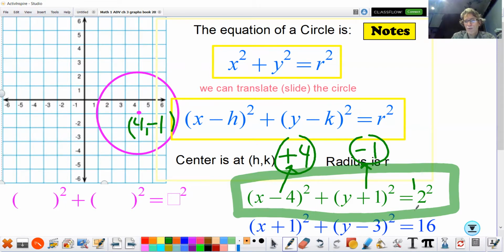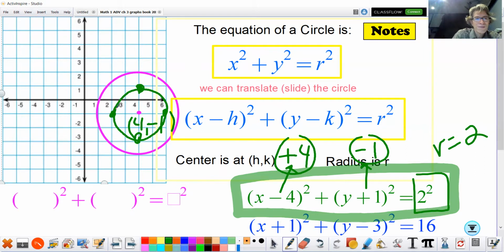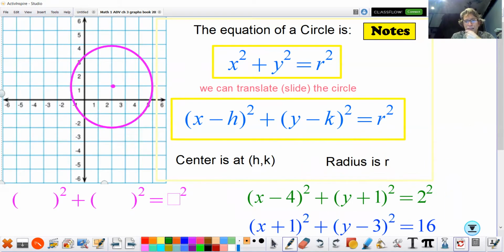That's my center. And then, how big is the radius? It's smaller, isn't it? 2 squared is 4. The radius here is only 2. So we're going to bring him in a little shorter. Make a little bit smaller circle with a radius of 2. Okay, here's one last one. Now with this blue guy,